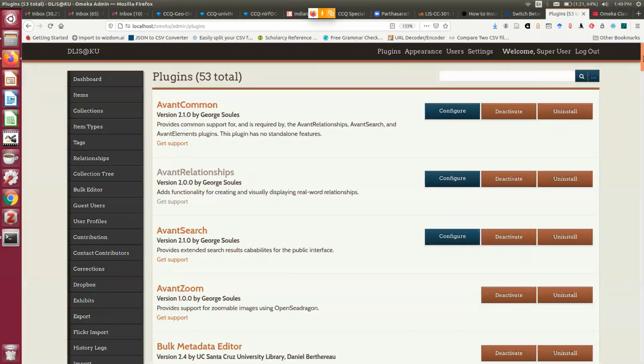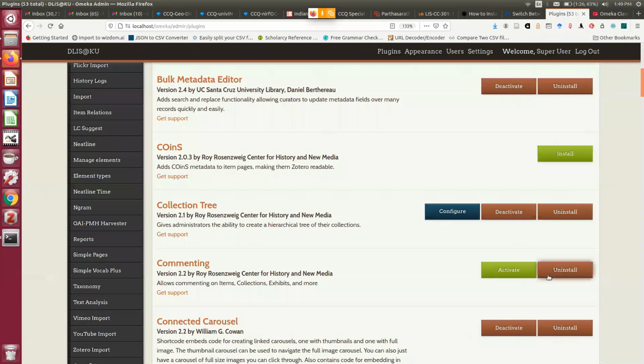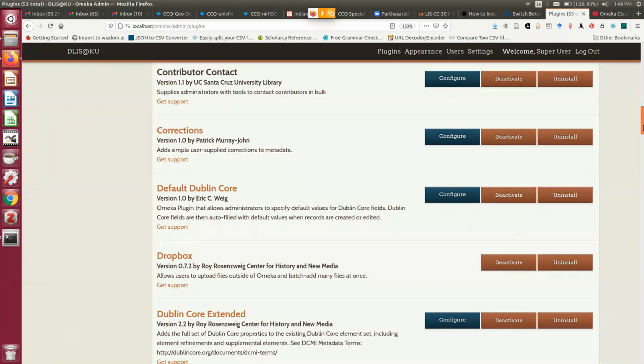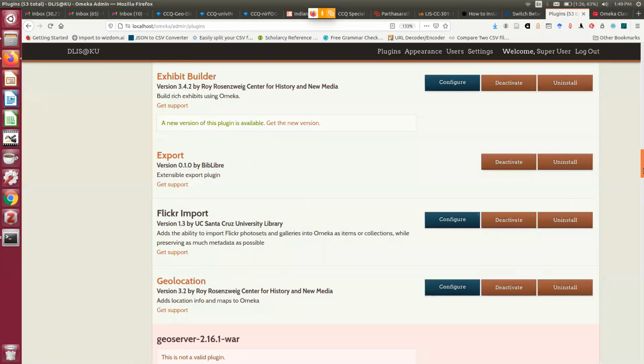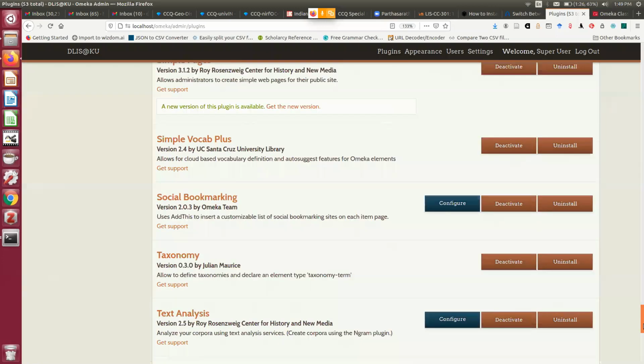So I can have a list, then I can install it, I can activate it. In this way, many plugins can be installed. So many plugins I have installed.